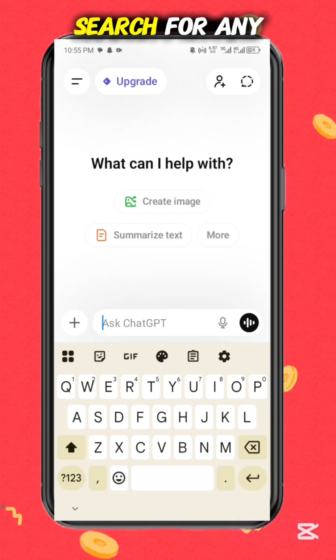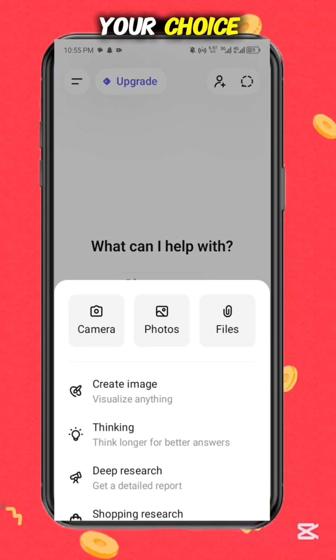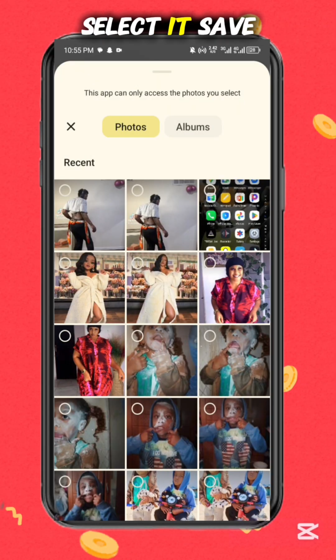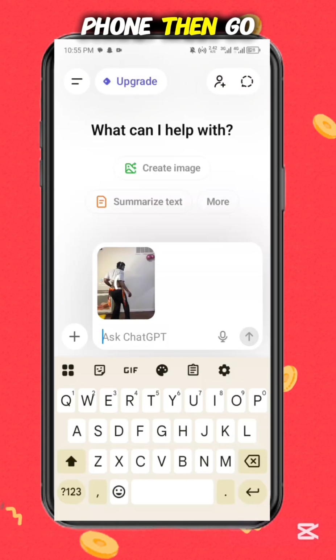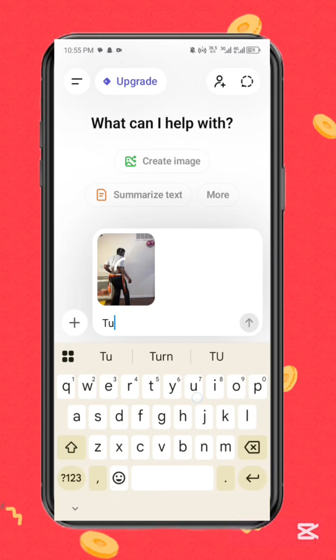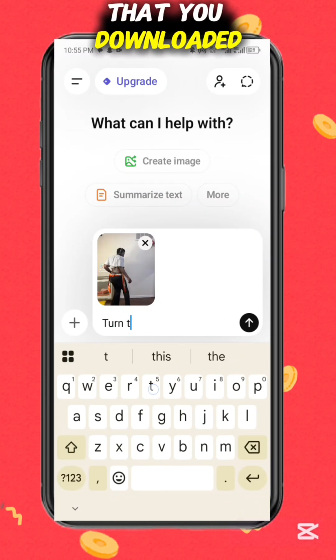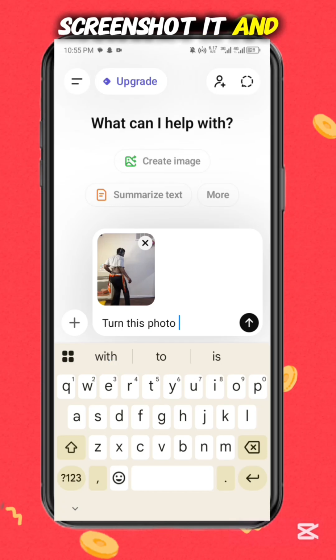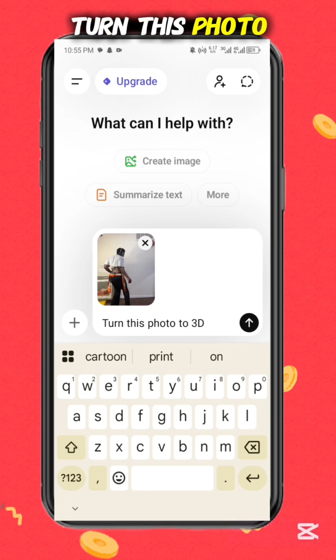All right. First thing, go to TikTok, search for any dancing video of your choice. Select it, save it to your phone, then go to ChatGPT, screenshot the video that you downloaded, and tell ChatGPT, turn this photo to 3D